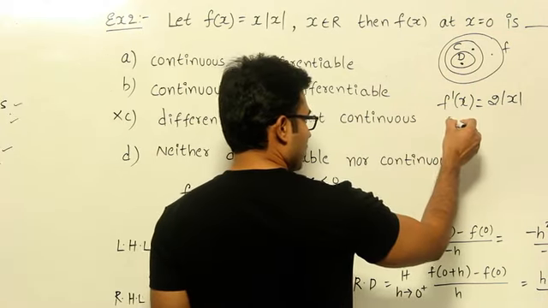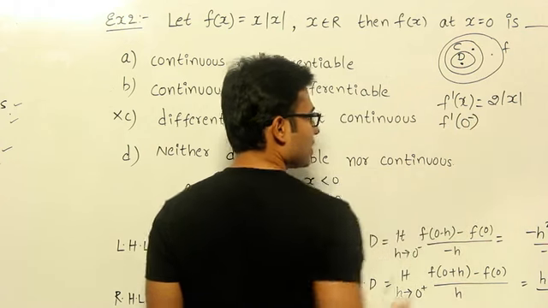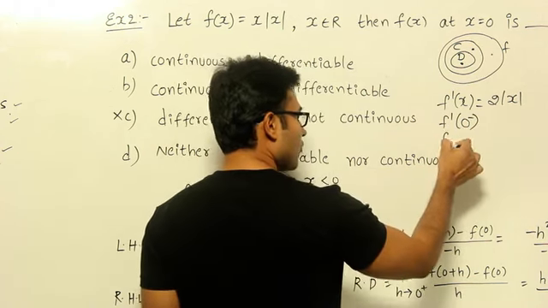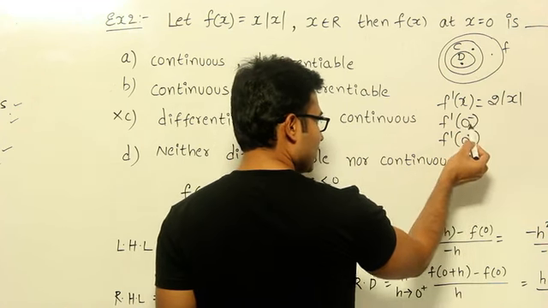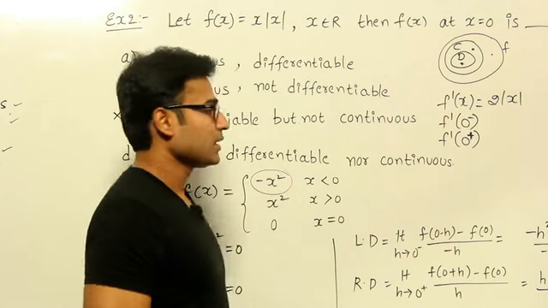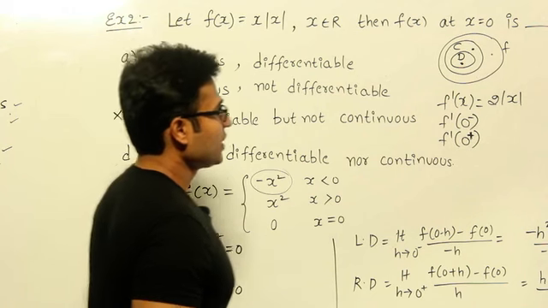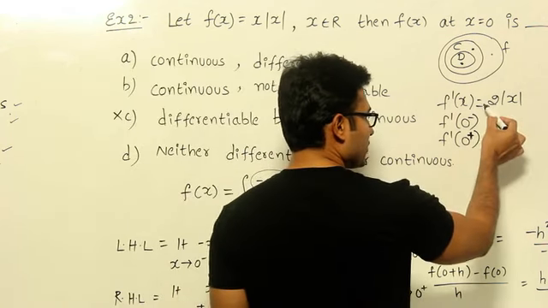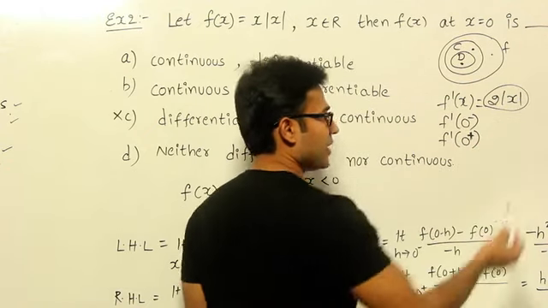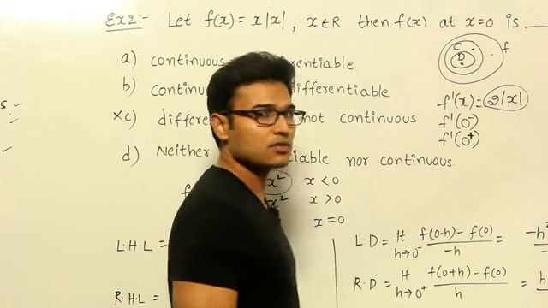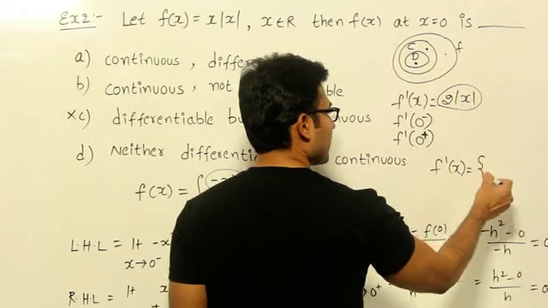Now try to find out the value of f dash at 0 minus, which is nothing but the left hand derivative, and the value of f dash at 0 plus, which is nothing but the right hand derivative. Left derivative and right derivative, we have to find these two. Now how to find these two is, find out what this function is when x is less than 0, and what this function is when x is greater than 0. So you can write it this way: f dash of x is equal to,